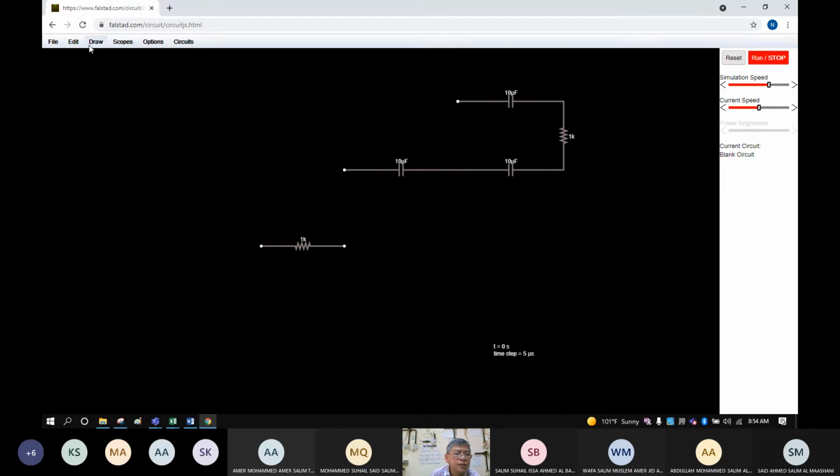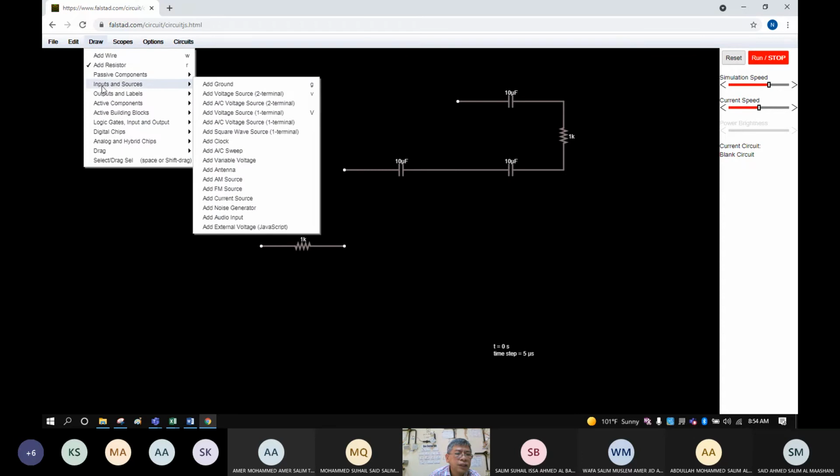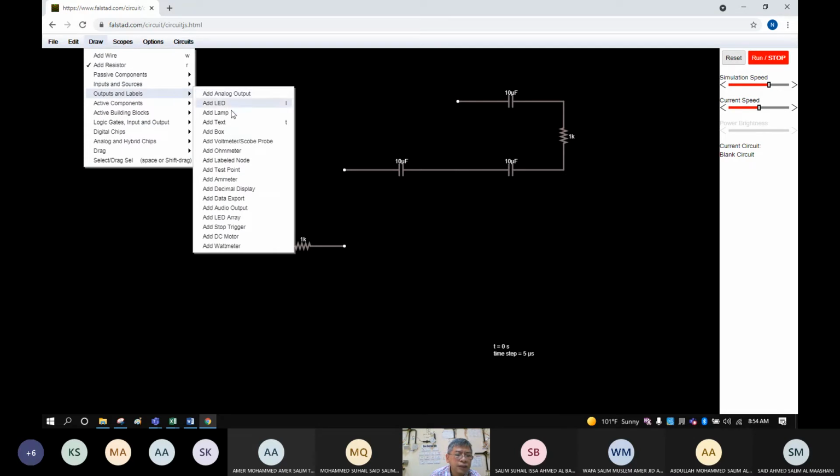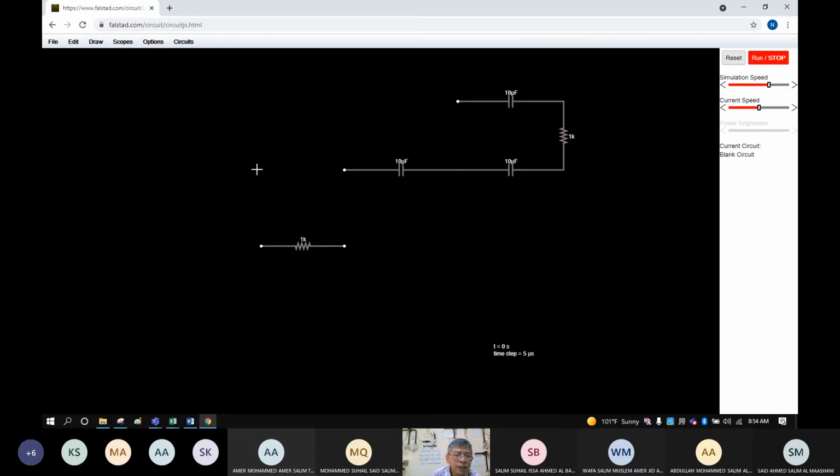Okay, the next, we need also the output and level, ammeter. This is ammeter. Then add wire or connecting wires. We will connect it here and then here also. This is already a series parallel.